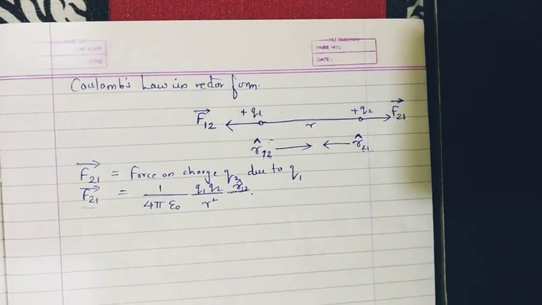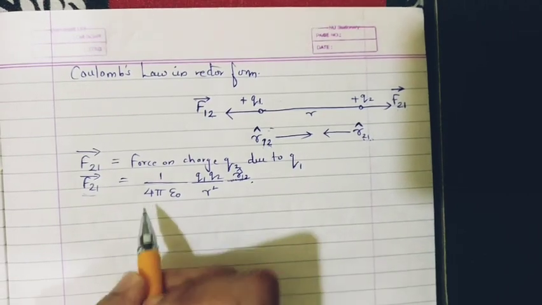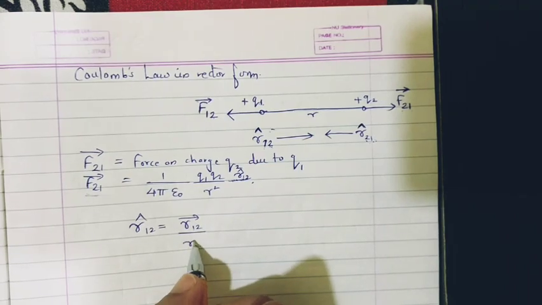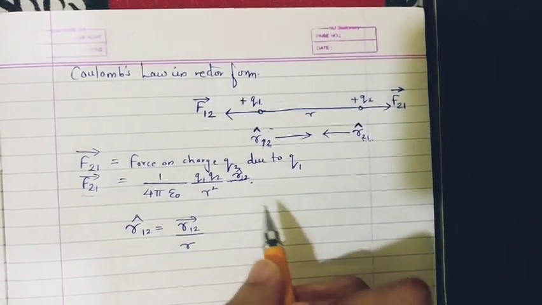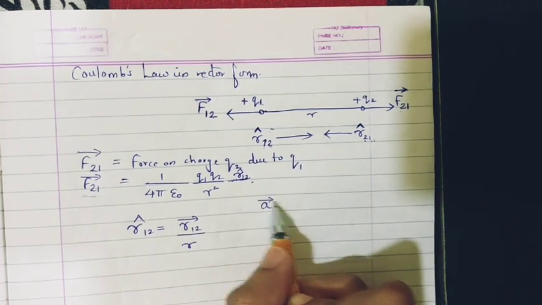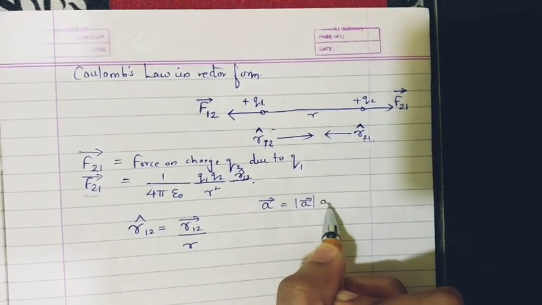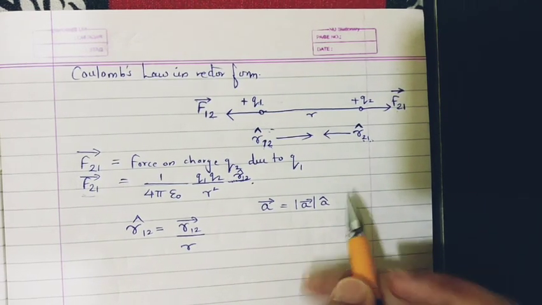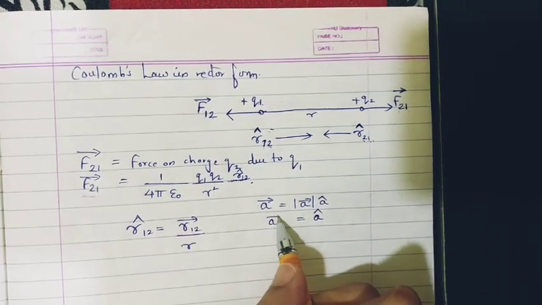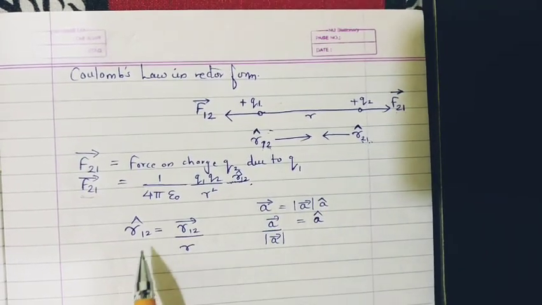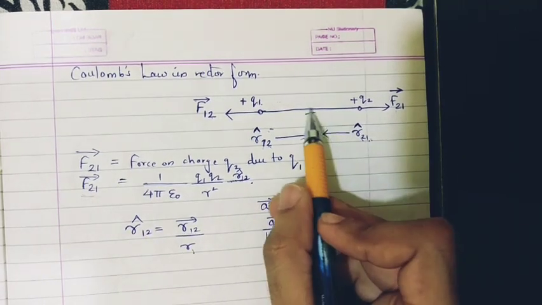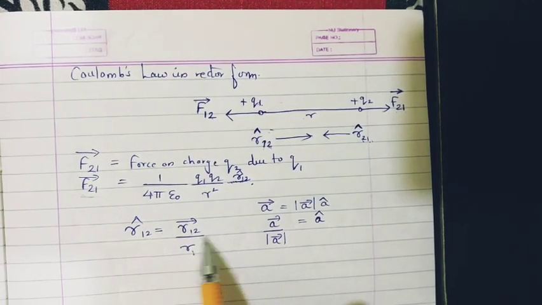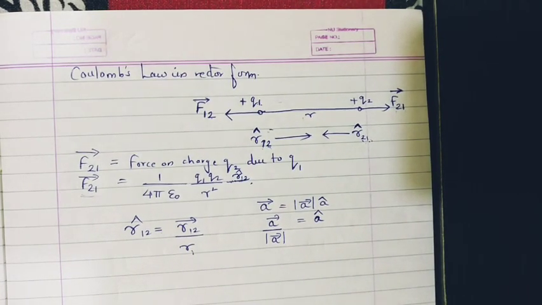Okay. So what is R12? R12 is going to be equal to R12 vector divided by the magnitude R. How do I get this? If you remember your 11th standard basics, any vector can be represented as its magnitude times its direction, correct? Which is represented by a unit vector, which just gives its direction, correct? So unit vector from here will be what? The vector divided by its magnitude. The same thing I've written over here. The unit vector of R is equal to the vector R21 divided by its magnitude. So it's the same thing.